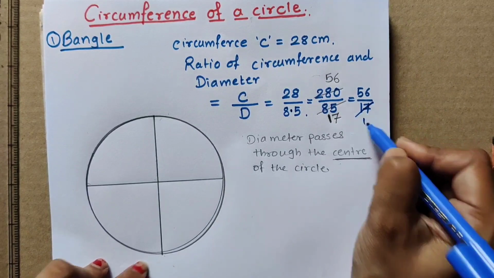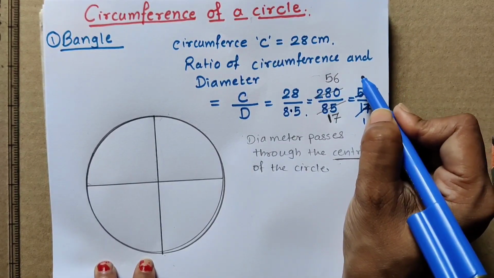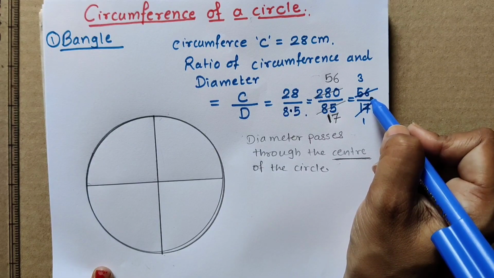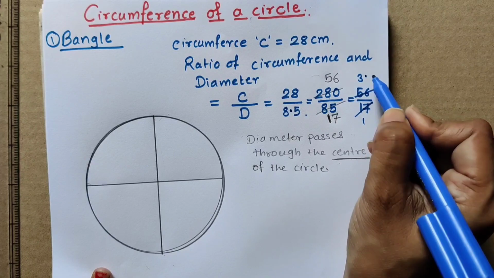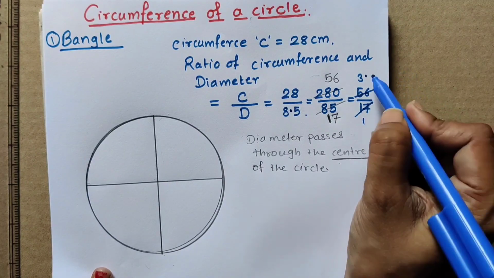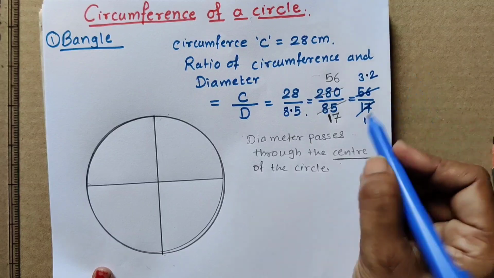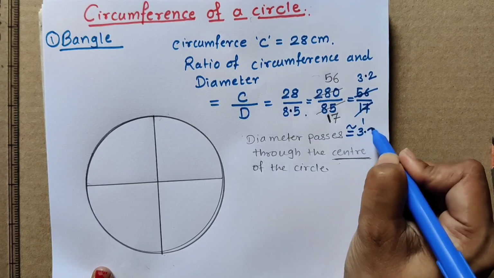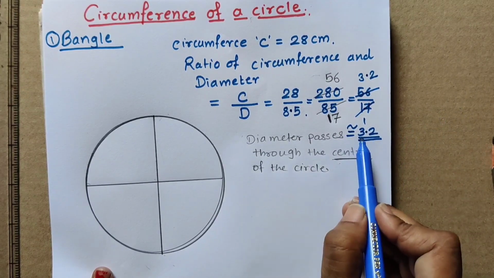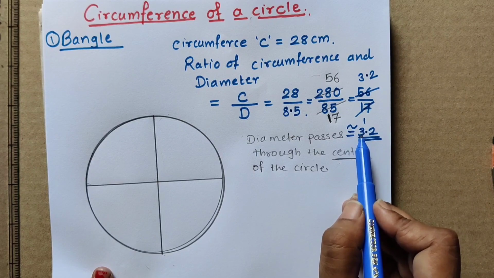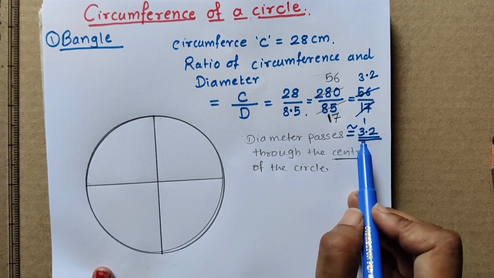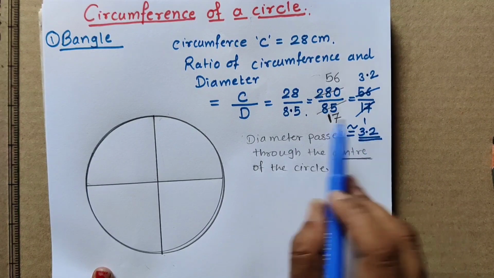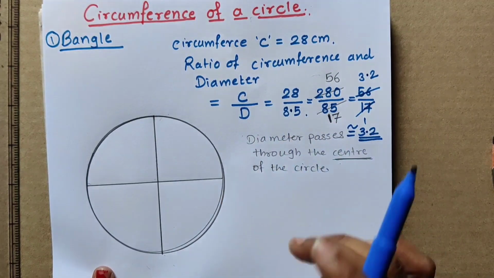So we will get 17 ones are 17, 17 threes are 51, correct? 56 minus 51, we will be getting 5. If you put a 0, for that 0 we have to put a point, and 17 twos are 34. So approximately, I am not saying it is exact, it is approximately 3.5. The ratio is 3.5, that means this is a little more than 3. Okay, little more than 3, not a very big. It is only a fraction. After 3.2 is there, so 3.2 we are getting this ratio.